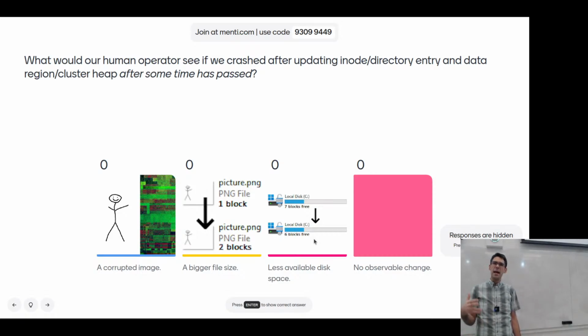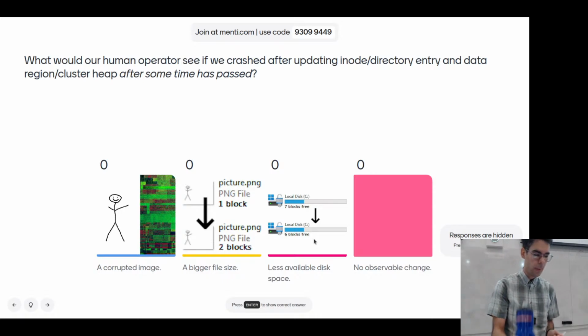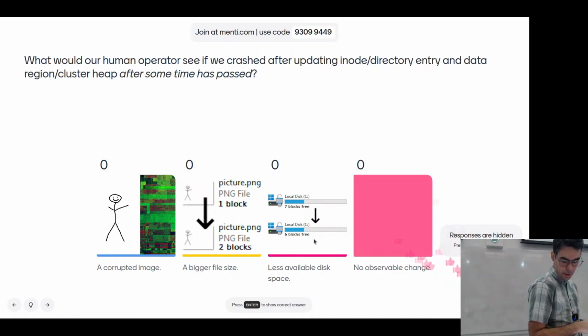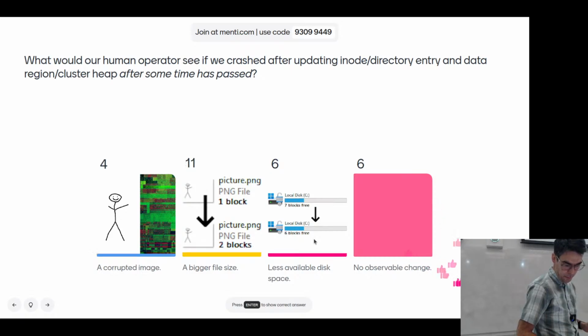What's it going to look like after some time has passed? I'll give you 5 more seconds. All right, I'm going to reveal your responses now.